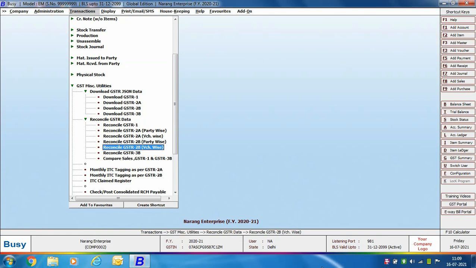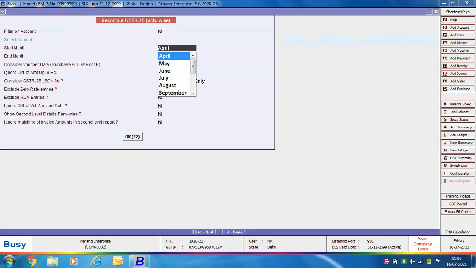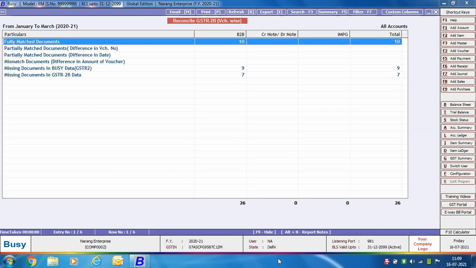Next is Reconcile GSTR-2B voucher wise. Here the report will be sorted on the basis of vouchers. So again, provide data in all the report options that are appearing. Click the OK button. On clicking the OK button, a Reconcile GSTR-2B voucher wise window will appear, where it's also showing us summarized details